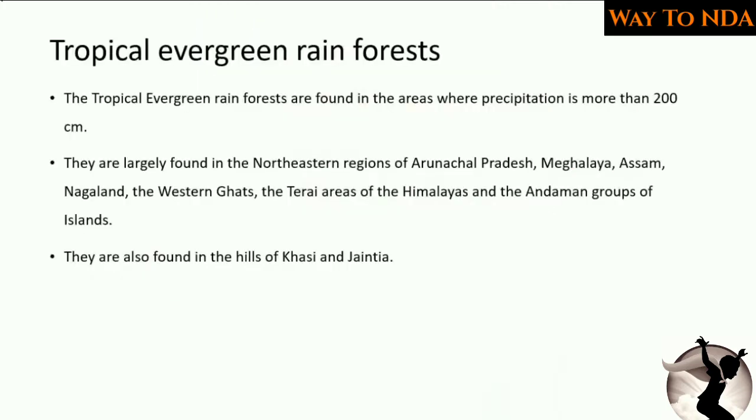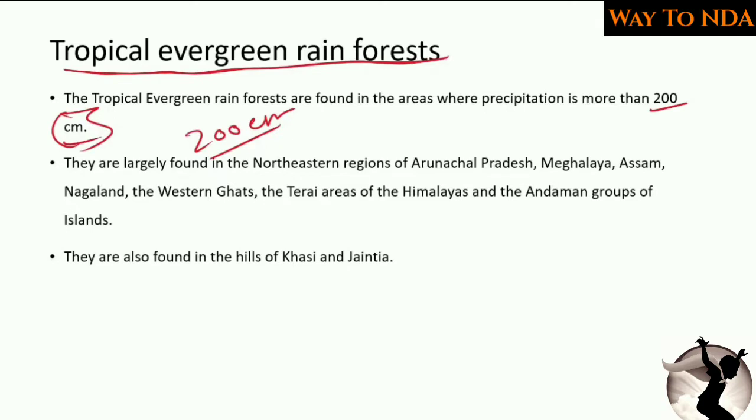Now the tropical evergreen forests are found in the areas where the precipitation is mainly more than 200 centimeters. Okay, जहां पर बारिश 200 सेंटीमीटर से ज्यादा है, more than 200 centimeter. They are largely found in the areas of northeastern regions. Northeastern region में ये tropical rainforest ज्यादा मिलेंगे, especially in Arunachal Pradesh, Meghalaya, Assam, Nagaland